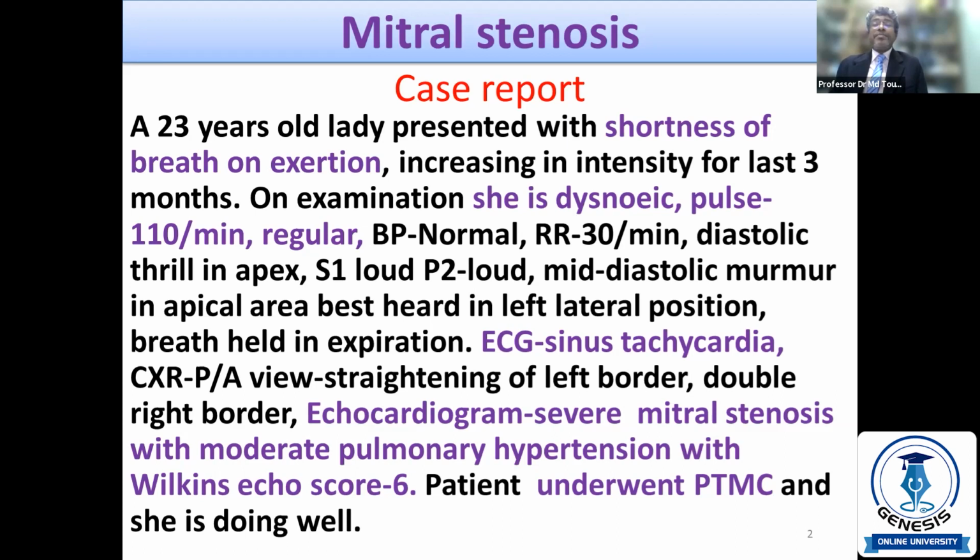And what are the examination findings? Usually the patient is dyspneic. Here we see that the patient is a young lady, a 23-year-old lady. As you know, rheumatic heart disease is prevalent usually in females, and as a complication of rheumatic fever there is mitral stenosis, so it is also common in females. Mitral stenosis or mitral regurgitation, that is mitral valvular heart disease as a complication of rheumatic fever, is also common in young patients and young females. So this patient is a young lady, and